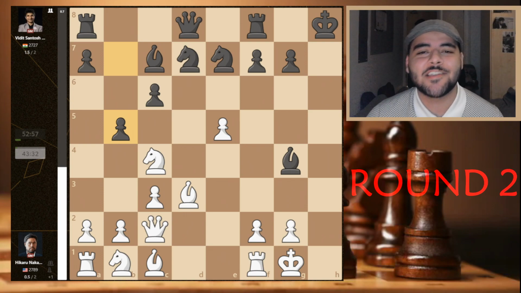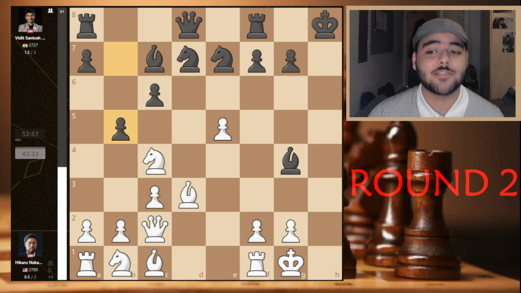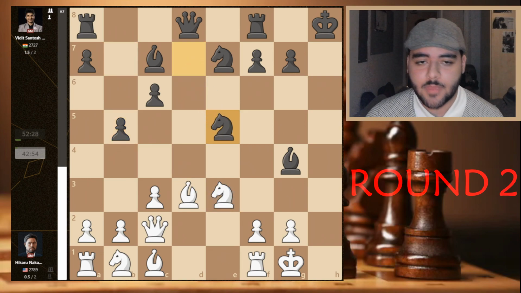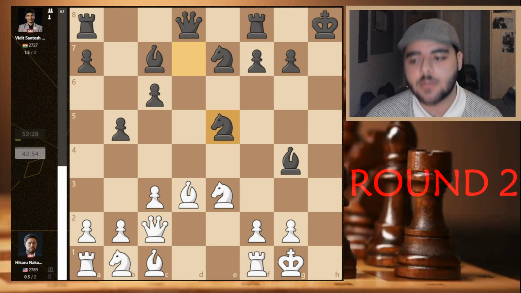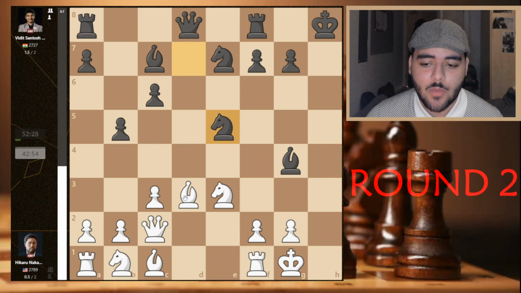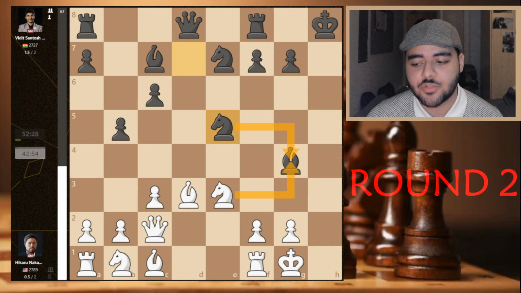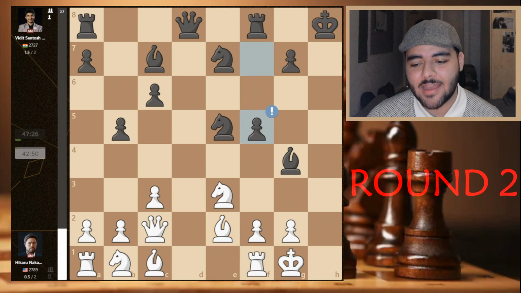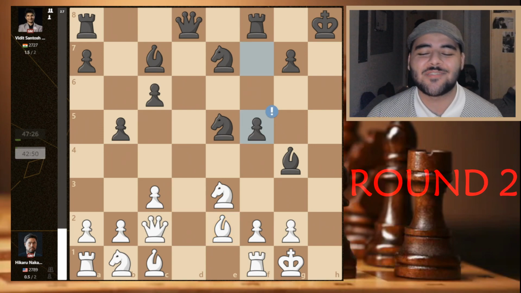Yeah, and as Hikaru says, play good chess and good things will happen. So knight e7, knight e3, knight takes e5, and now they are equal on material. Bishop e2, and he didn't think about this move. What he should have done is basically just take the bishop and get rid of the bishop pair, and it should be fine. But he decided to play this without thinking, bishop e2, and after f5, things got way